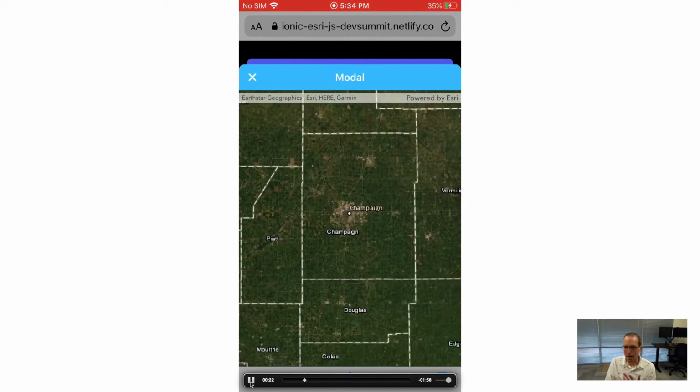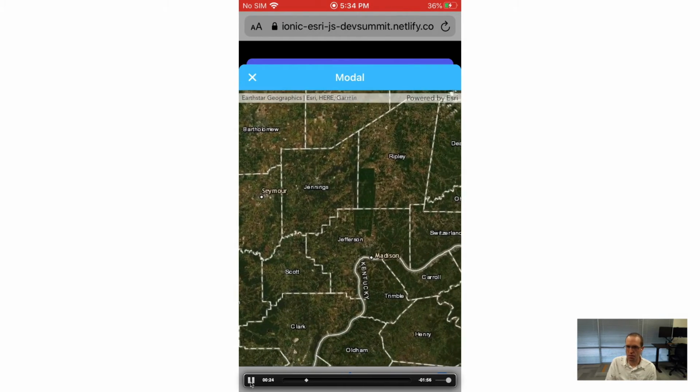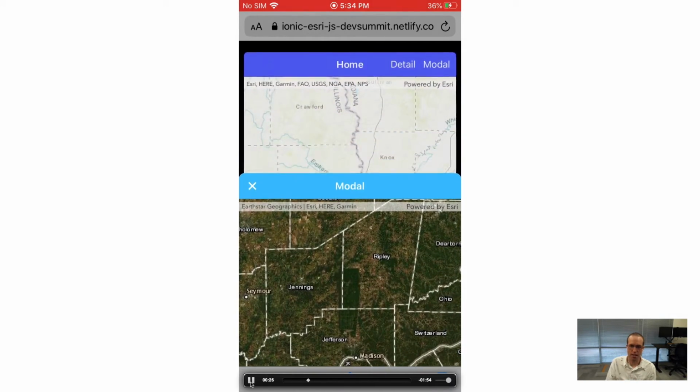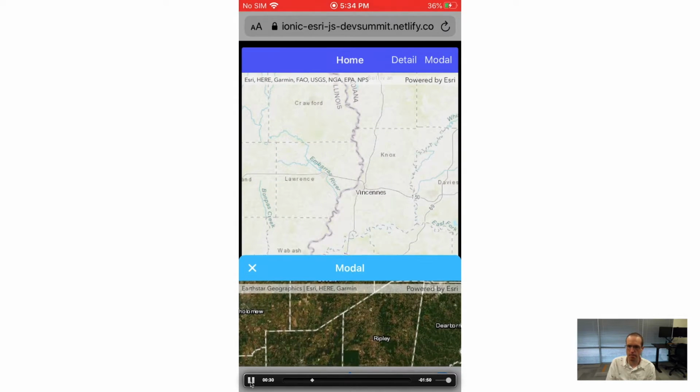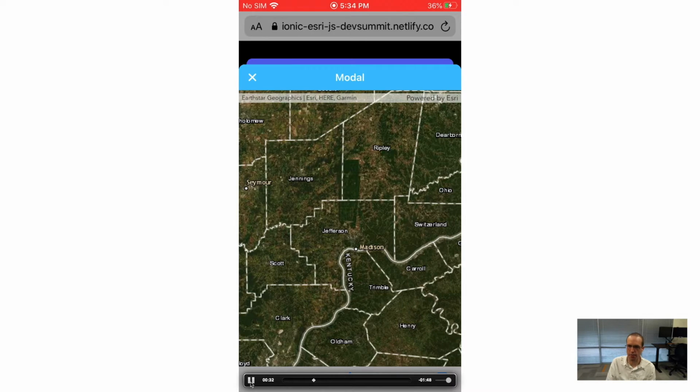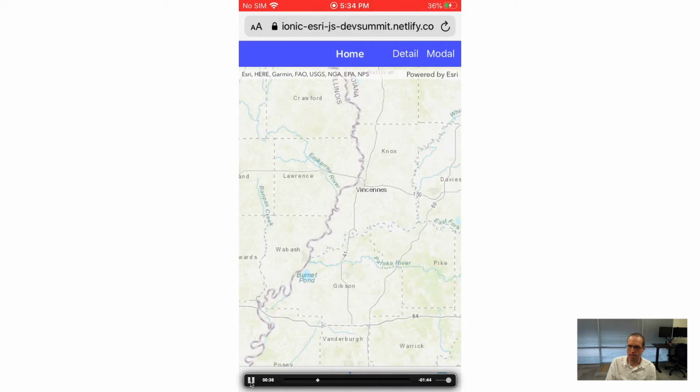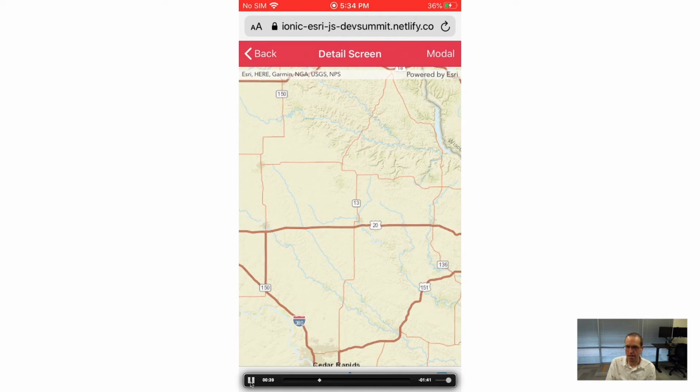So now we have two maps, one on top of the other. And this modal is provided by Ionic. It uses the iOS 13 style modals with swipe to dismiss. And that's pretty sweet to be able to get that for free. You can also click the detail link, and you can go back and forth, navigate between the detail screen and